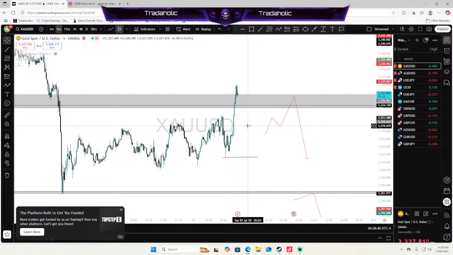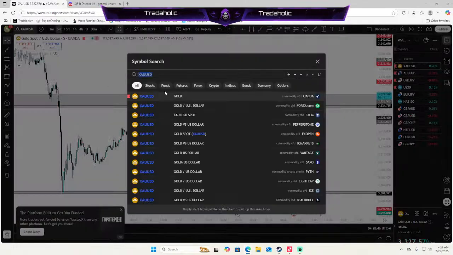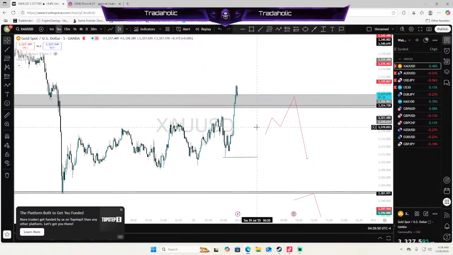Thoughts on XRP? Wait for a pullback. All right, before I go to XRP, on gold, this is what I'm waiting for. For anybody that wants to take my gold trade, I'm about to end the stream after I go over to XRP. But if anybody wants to take my trade, send me a message for the Discord. I'll send you the Discord.